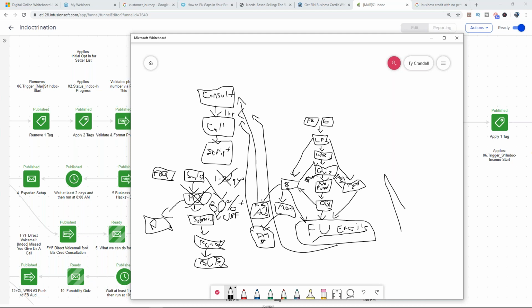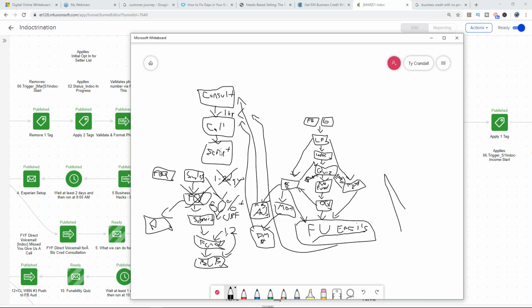up here can say, do you want to continue to provide a personal guarantee for the money you get? No, I don't want to be personal. Okay, then Mr. Customer, this is a two-step process. Step one, I'm going to get you money. Step two, I'm going to get you our business credit builder to use part of that money to get away from personal guarantees. Does this make sense to you, Mr. Customer? Yes, it does. So now it doesn't matter if they only come in for funding, because ultimately they're going